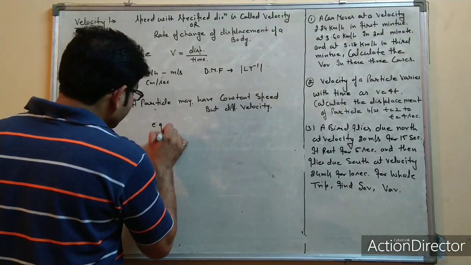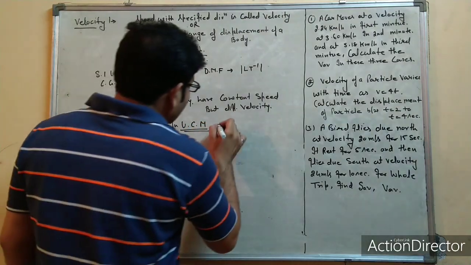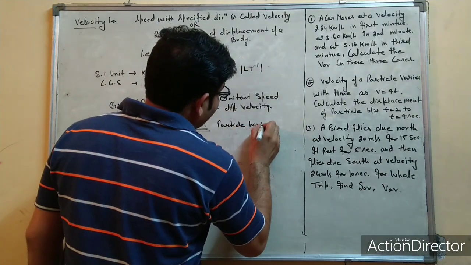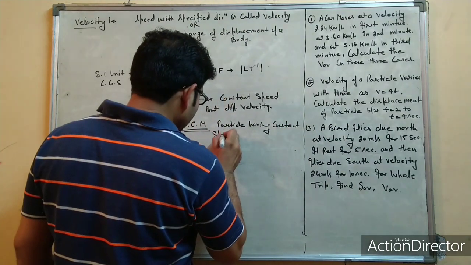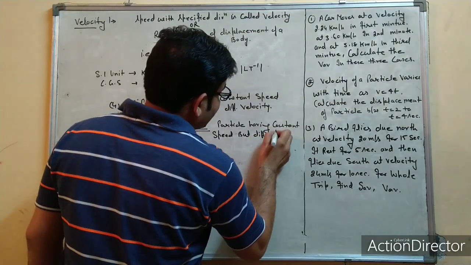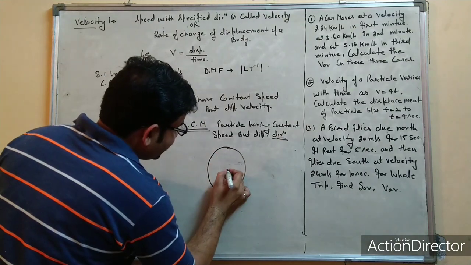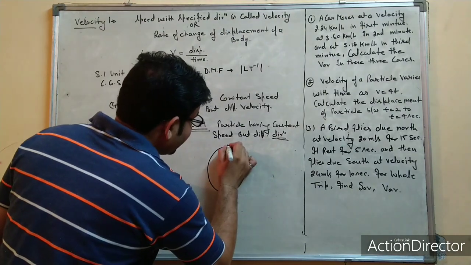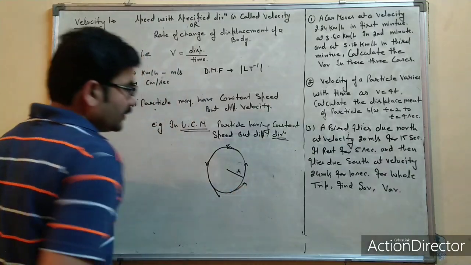During uniform circular motion, a particle having constant speed but different direction. As you see, if this is r radius of circular path, the particle velocity along this one at point this one at point this one at point this one, and that